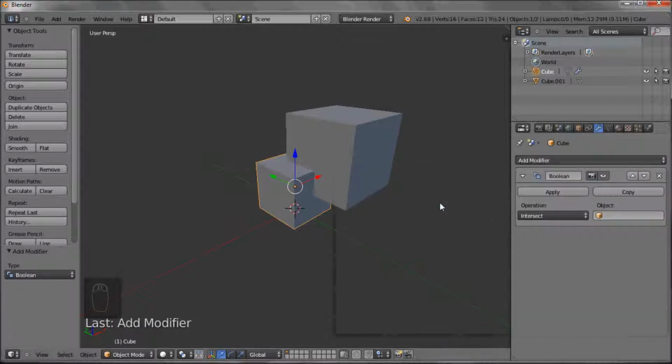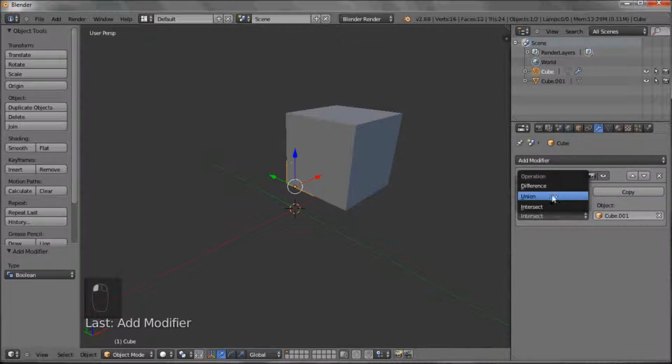So select Boolean and you get this panel come up, and we've selected that cube. Our big cube is cube 001, and we need to select what you want to use as the Boolean. So cube 001, that's the big cube, and we can see that that has disappeared